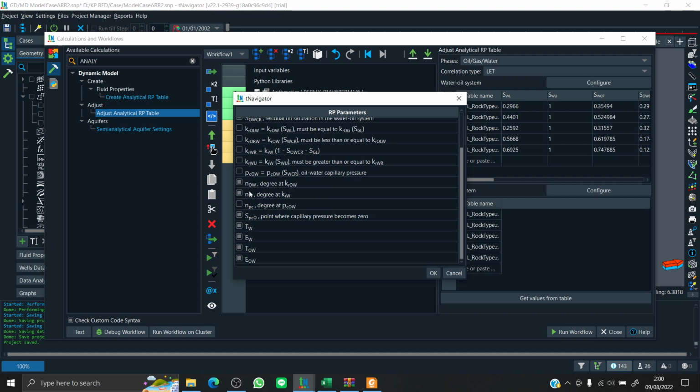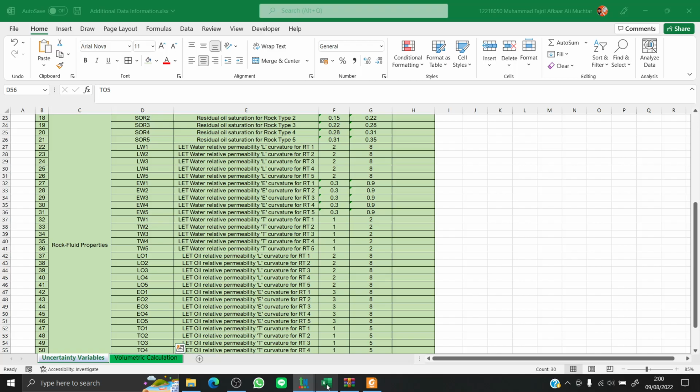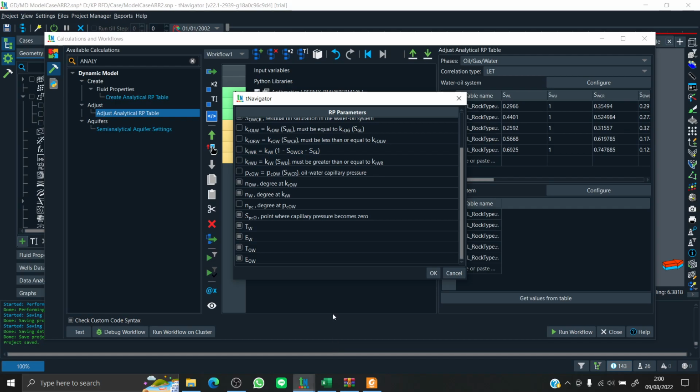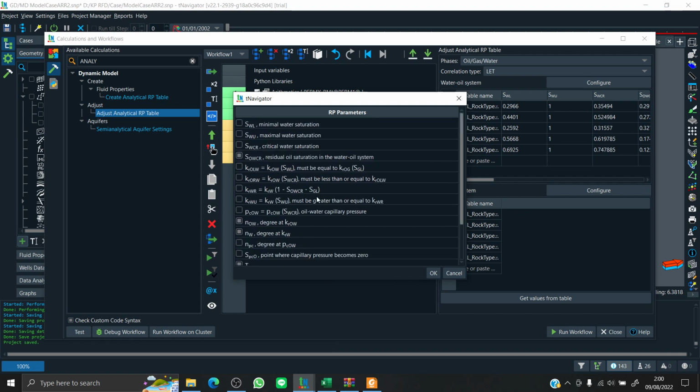So NOW is actually LO, and then the NW is actually LW. This is the N value. Then the E and T are denoted the same. So these are the variables that have the uncertainty given.